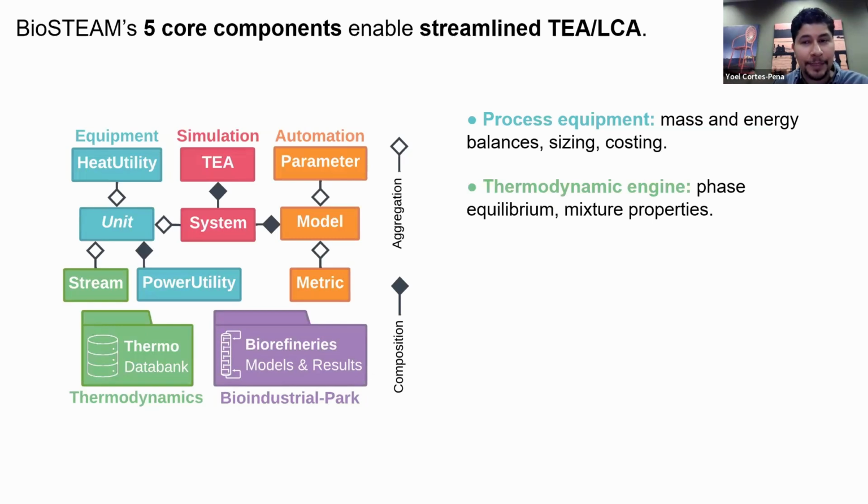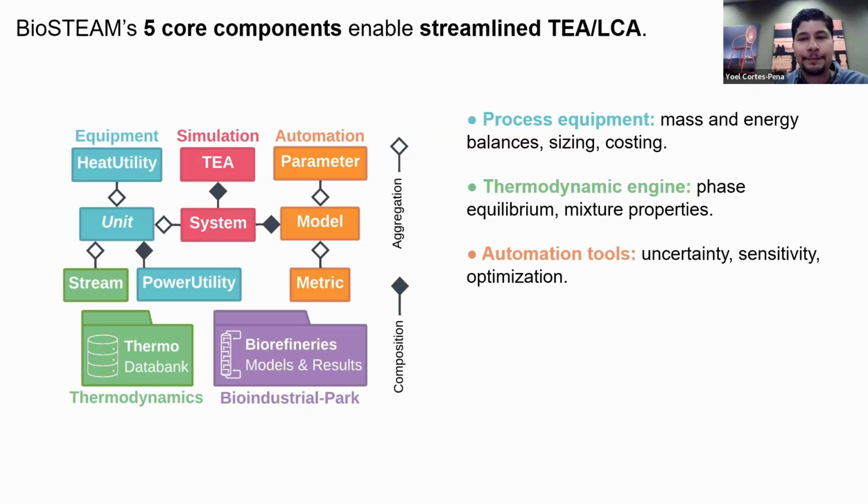The stream object is the main interface for you to, one, collect the flow rates, temperature, and pressure between unit operations, and perform phase equilibrium and estimate mixture properties. And we use the thermo library in Python for thermodynamic calculations. The thermo library has over 20,000 chemicals in the database, and we simply gather all that data and formulate thermodynamic